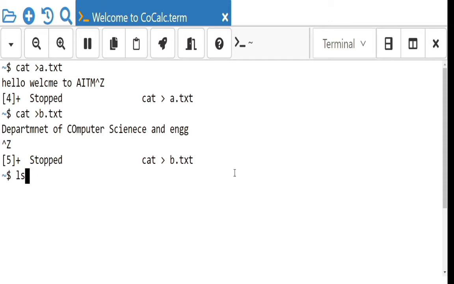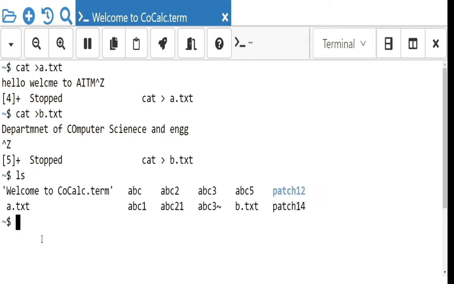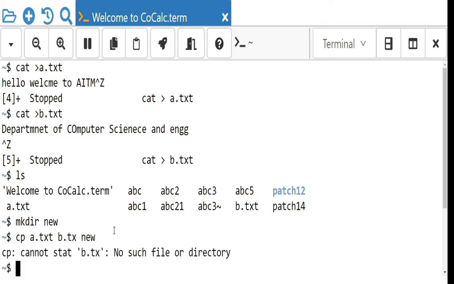Let me see the two files, a.txt and b.txt. Now I will create one folder with mkdir new. Now I have to copy the contents from a.txt and b.txt into the new folder.